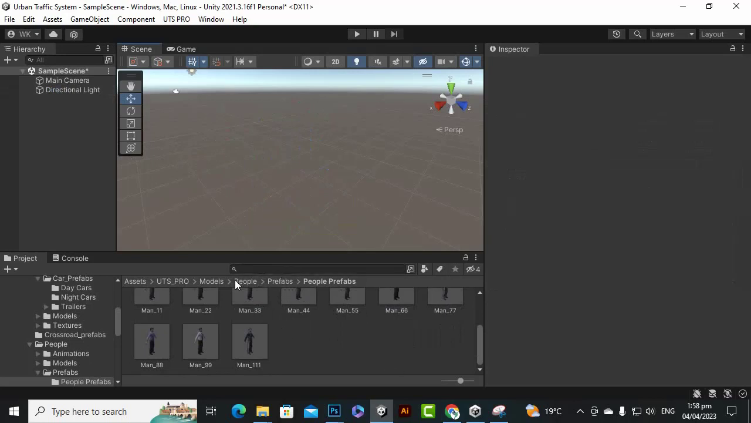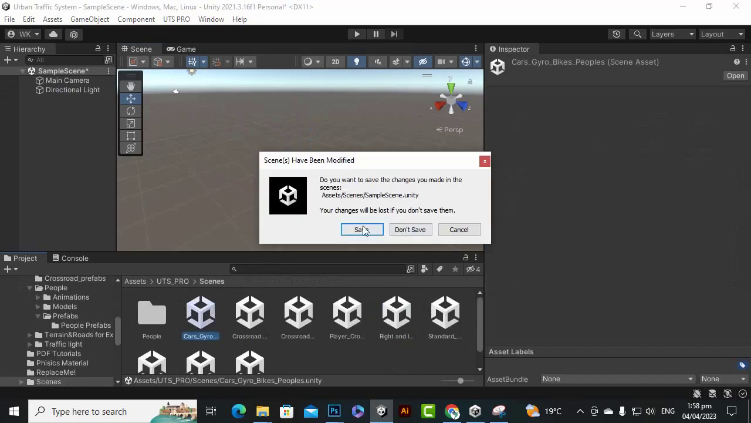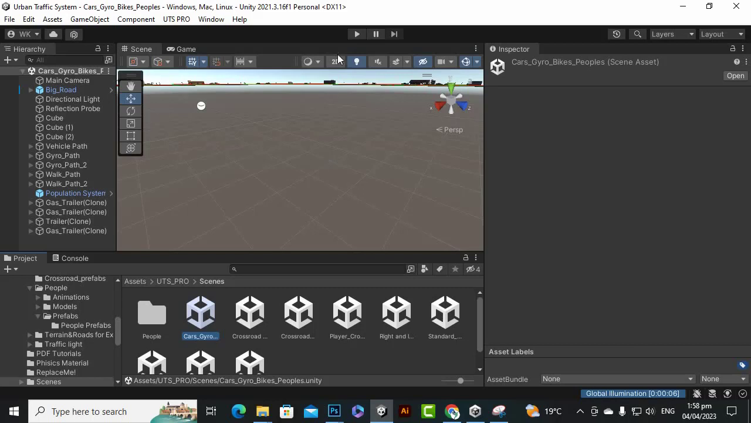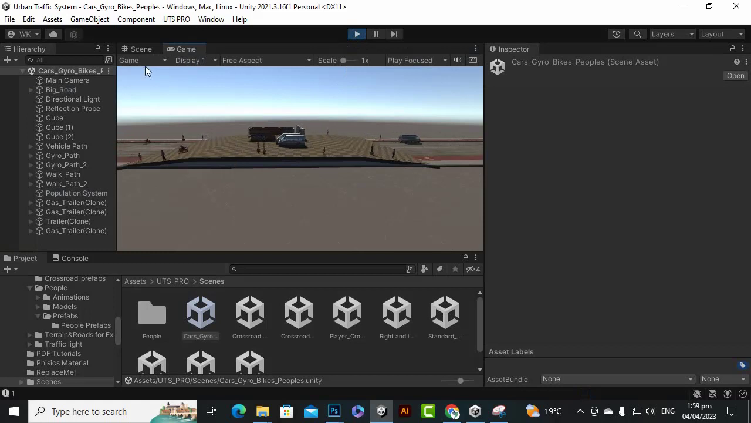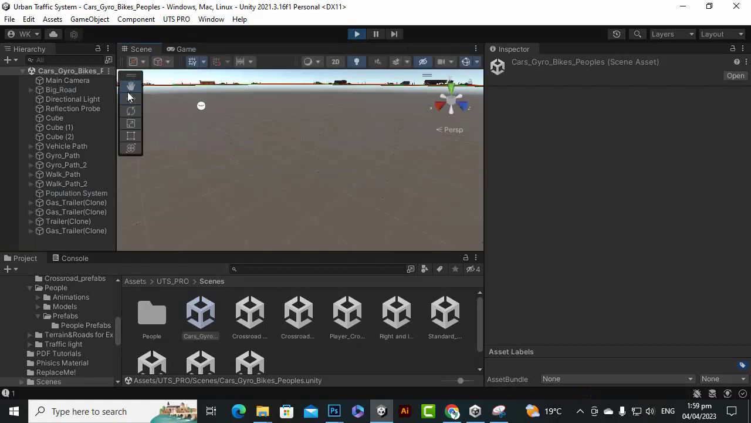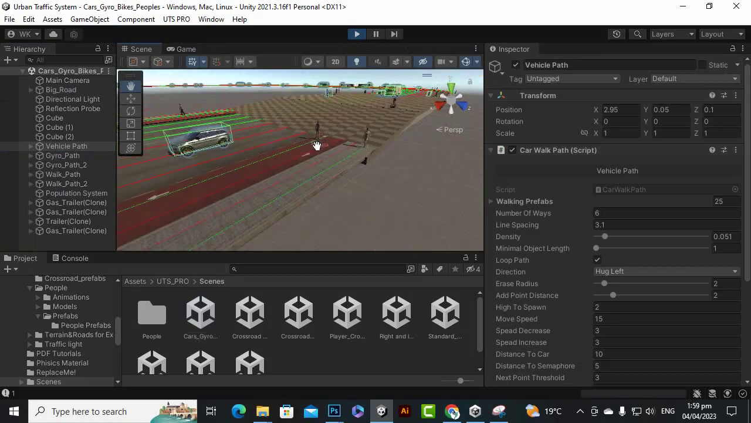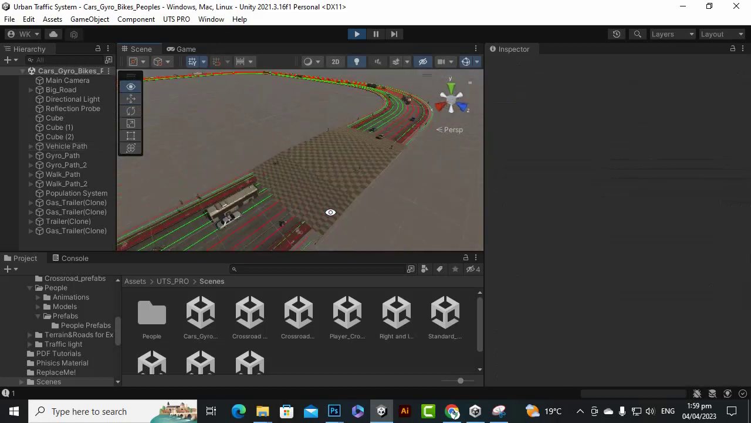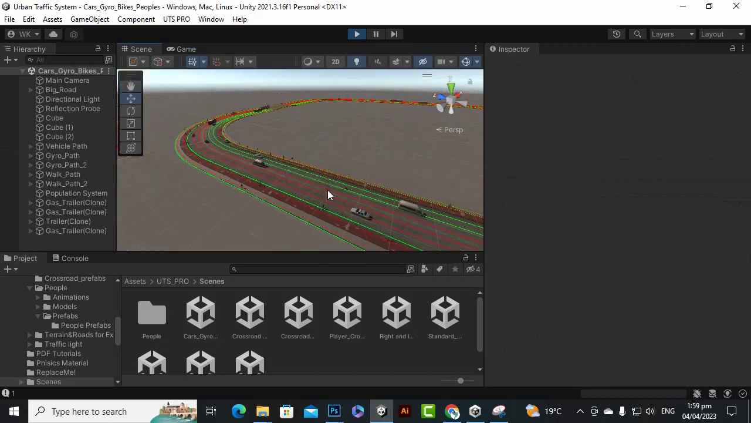So now you understand the main hierarchy, and if you go to scenes, you will see that we already have some setup scenes here, just showing us the power of UTS Pro, and you will see walking and moving cars over here. If I just go to scene view, just to show you the things closely, you can see that we have nice cars over here, beautiful. Okay, these cars are following the path,